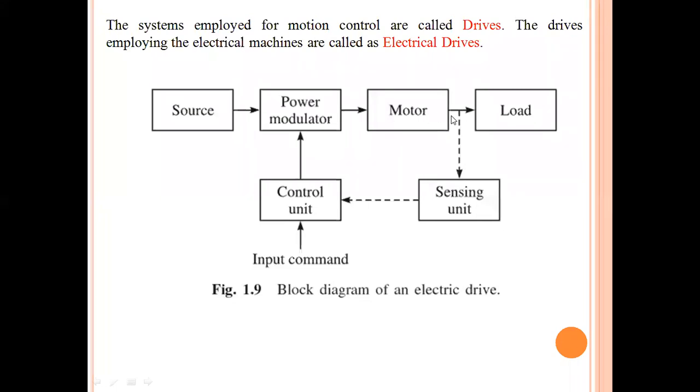Let us say we are having locomotives, train engines. If we use a DC series motor in the locomotives, why a DC series machine? Because a DC series machine will have a high amount of torque. You know why it is. At the time of starting, the locomotive needs high starting torque because of its weight. There is a huge weight at the starting of a locomotive.